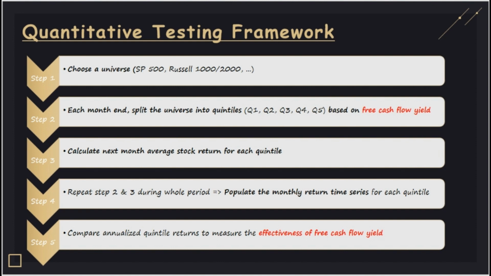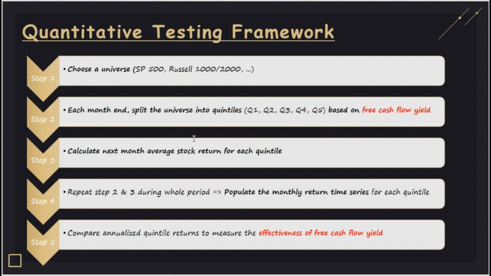Looking at the chart here, step 1, we choose a stock market index as our study universe. It could be anything such as S&P 500, Russell 1000, or Russell 2000. Then step 2, for the selected universe, we split it into 5 quintile buckets based on each month's end free cash flow yield values. And we call these quintile buckets Q1, Q2, and up to Q5, where Q1 includes those